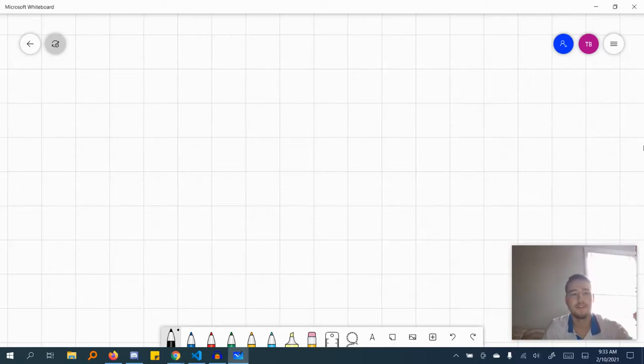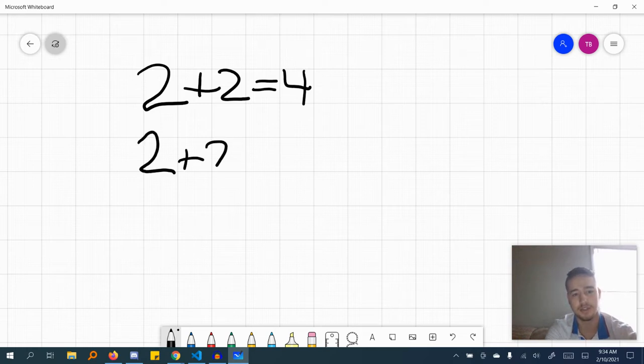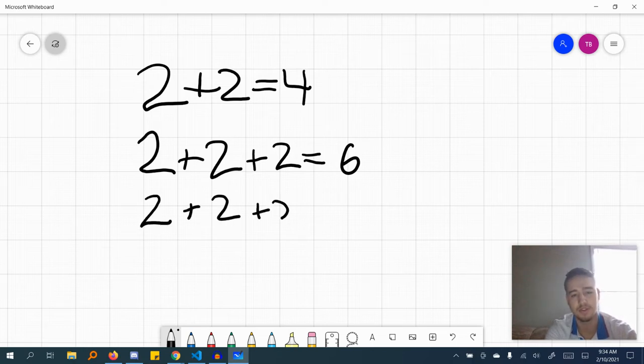So, whenever we were introduced to arithmetic, one of the first things we did was add numbers together. So, we had things like 2 plus 2 is 4. And then things like 2 plus 2 plus 2 is 6. Or 2 plus 2 plus 2 plus 2 is 8. But when we reach a certain point, it gets a little bit repetitive to just write 2 plus 2 plus